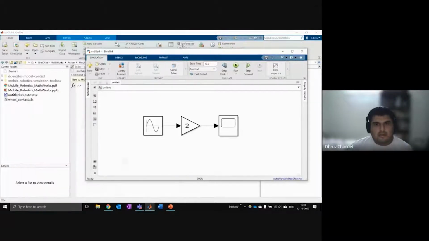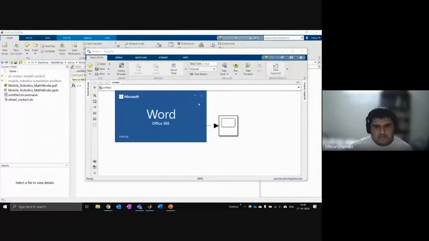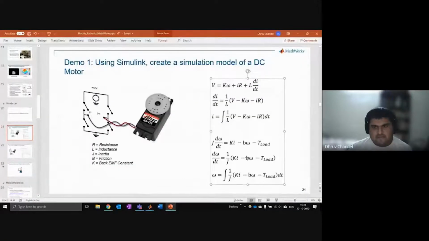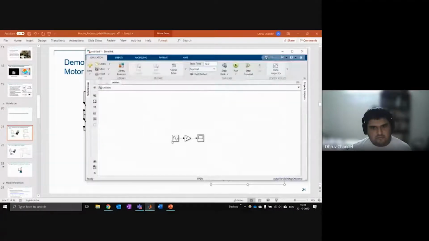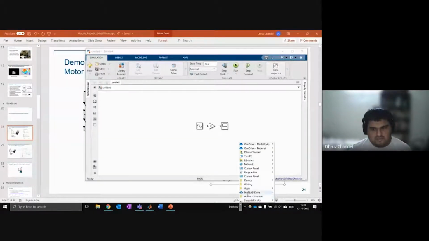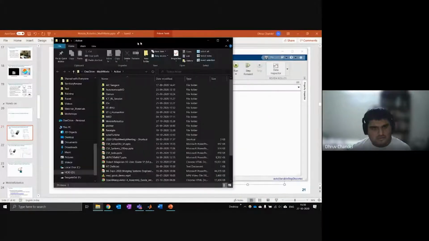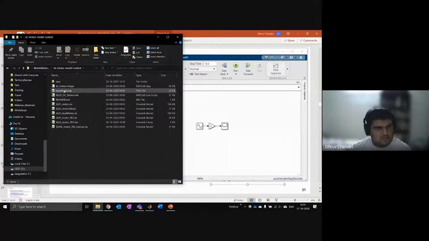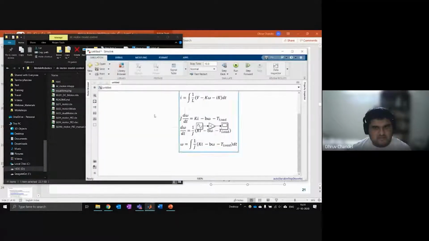Okay. So now what I'm going to do is, just ignore this Word document. I'm going to take this set of equations, and I'm going to model this inside Simulink. So I'll copy this picture. This is just an image. And I'm just going to paste this here in Simulink, if this works. I think I have to have it saved on my machine, so just a second. So I have this equation saved as an image file, so I'm just putting it here.